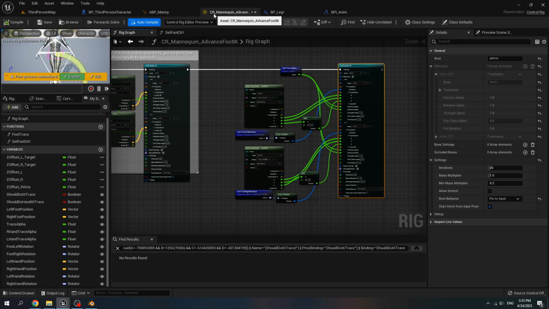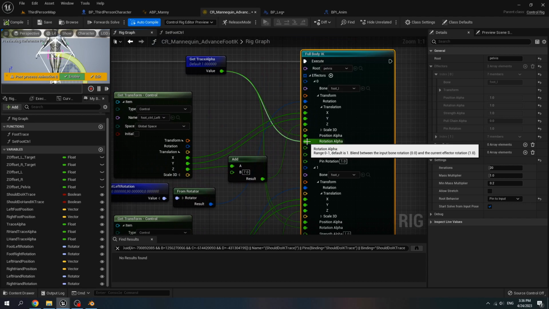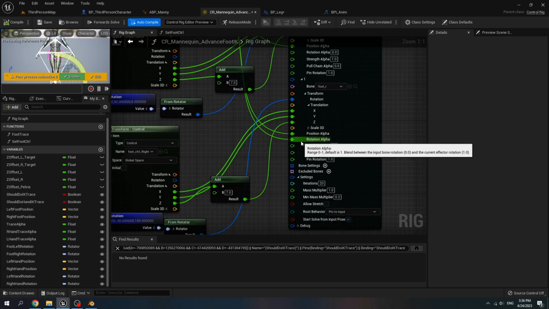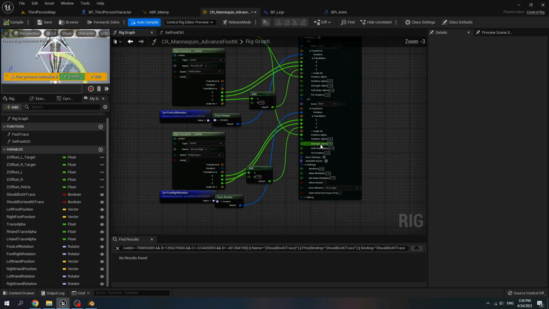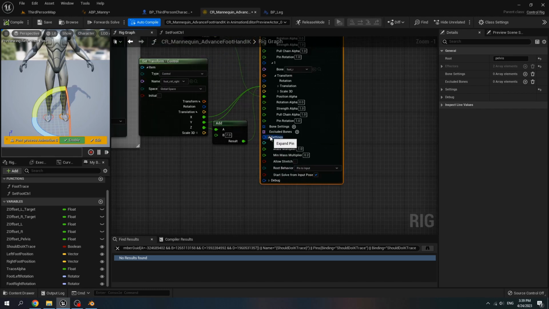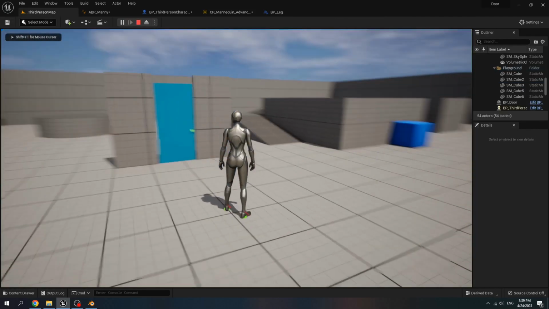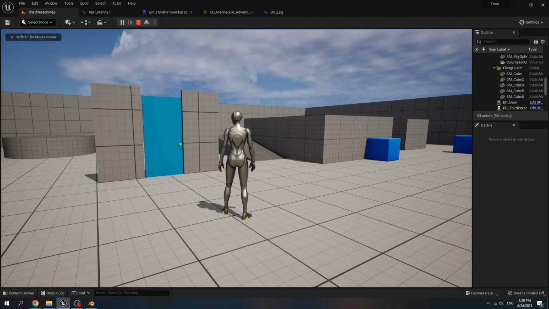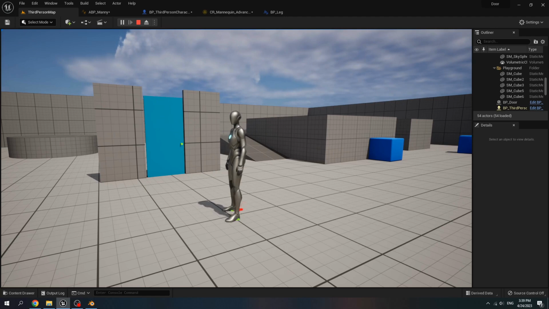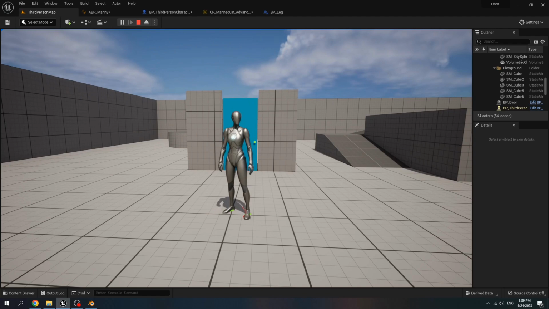Go to our control rig and we disable the rotation alpha. We not yet use that rotation. Set it to 0 and this one set it to 0. For the setting, root behavior, choose pin to input. We don't want the pelvis to rotate with the leg. And play test. Press 1 and then the character can rotate, but the ankle of the character is rotating with the character.